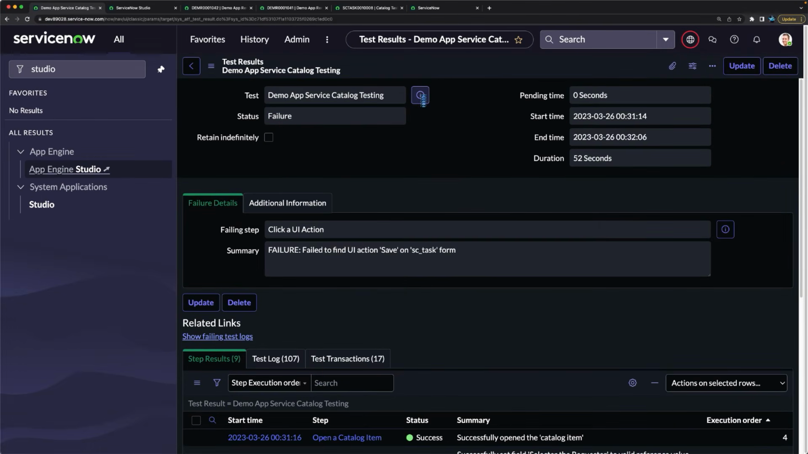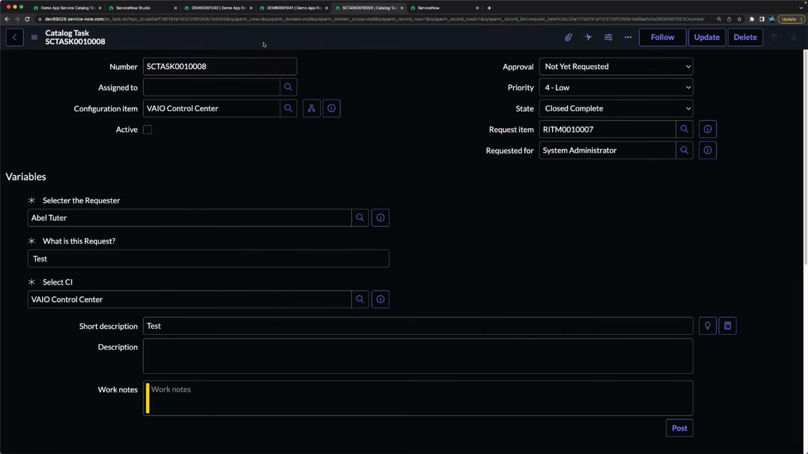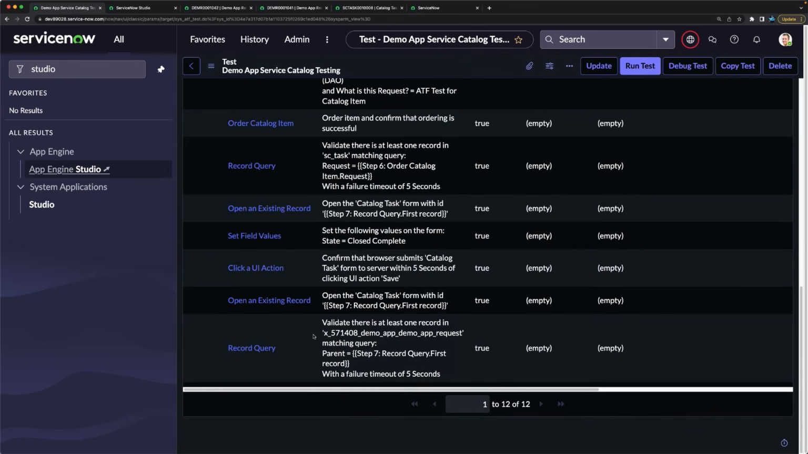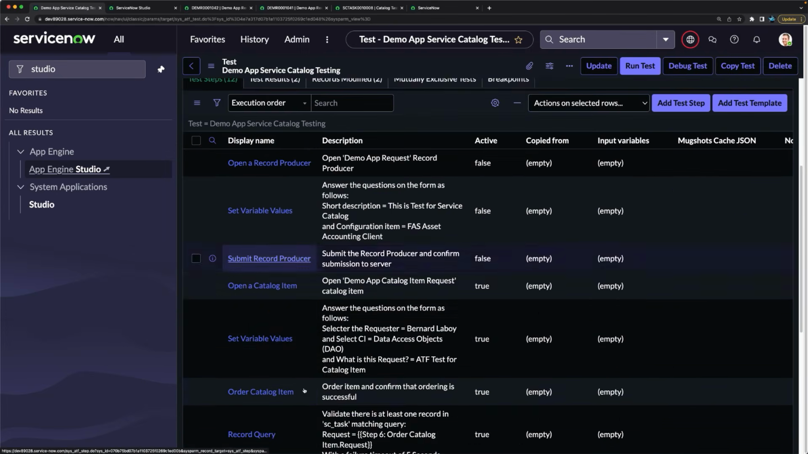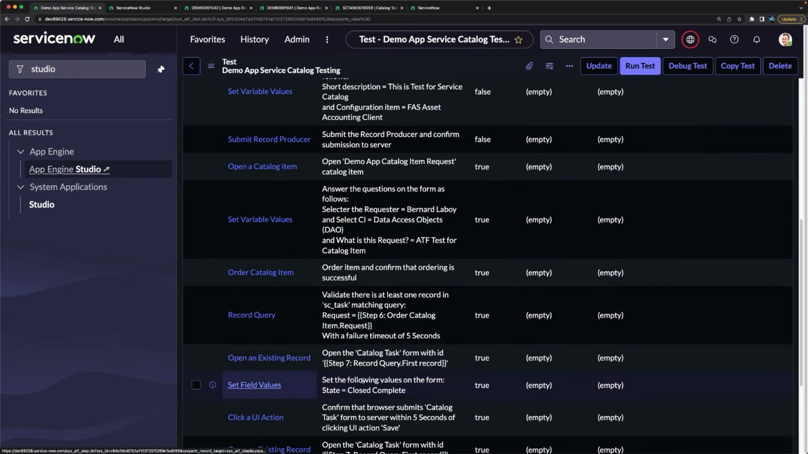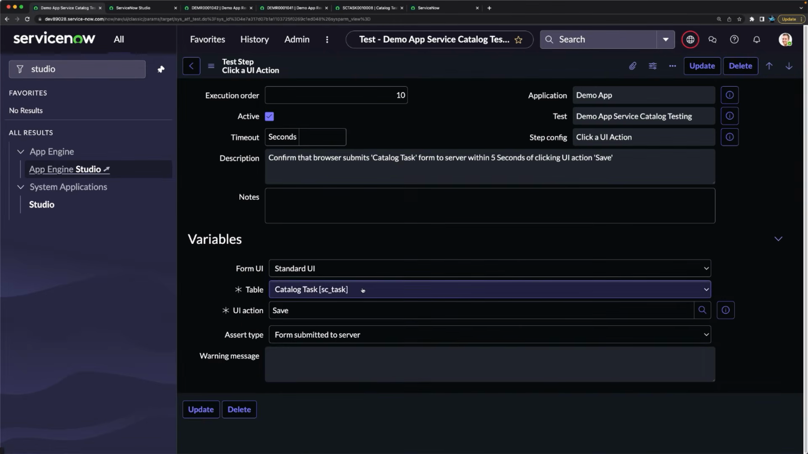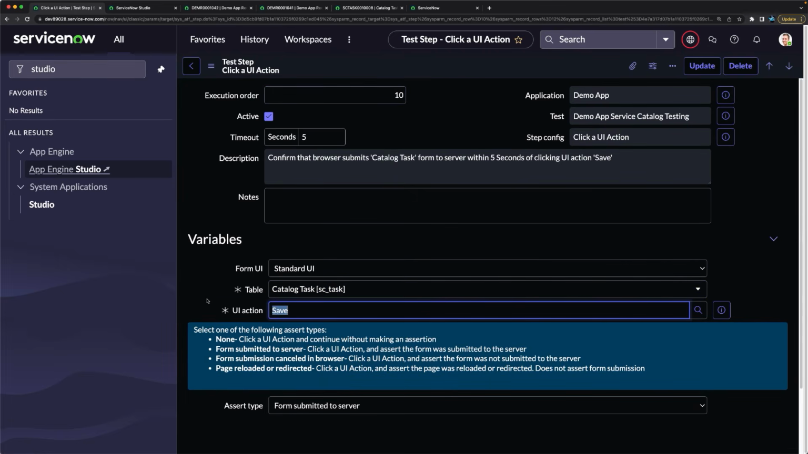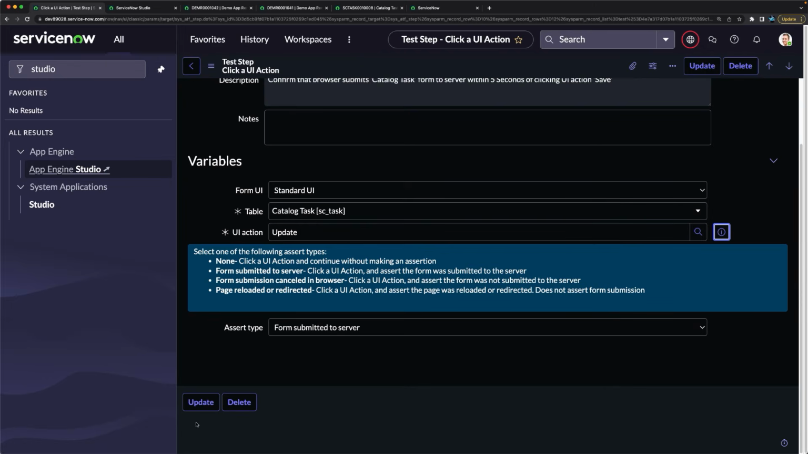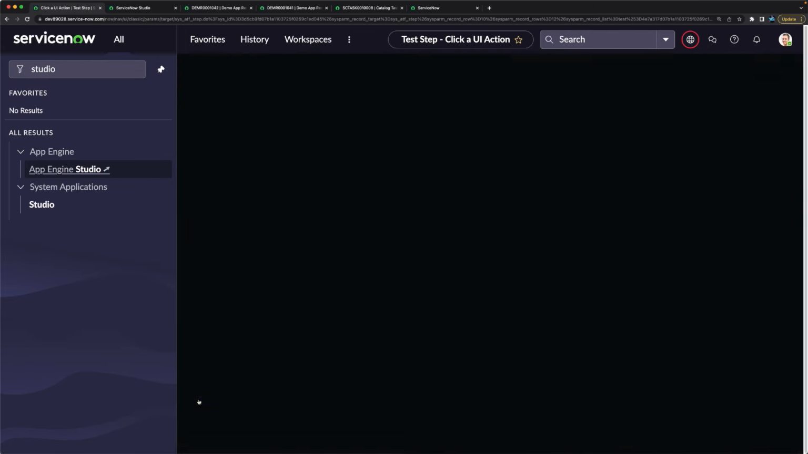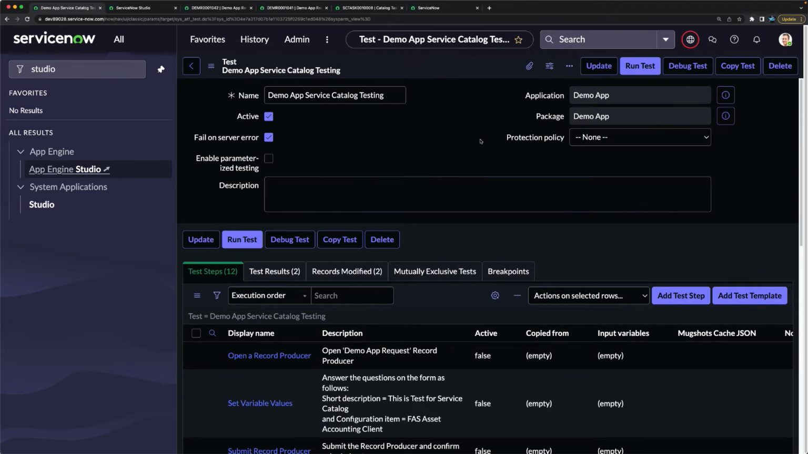So I can go to test. Save is something available on, I think, the context menu, but not directly as a UI action. So I can set the field values, which is this, and then UI action. But I will take the UI action as update, and this will definitely run. So I will just do this update. So I will just update it now. So that means this test is updated. I will just click on run,